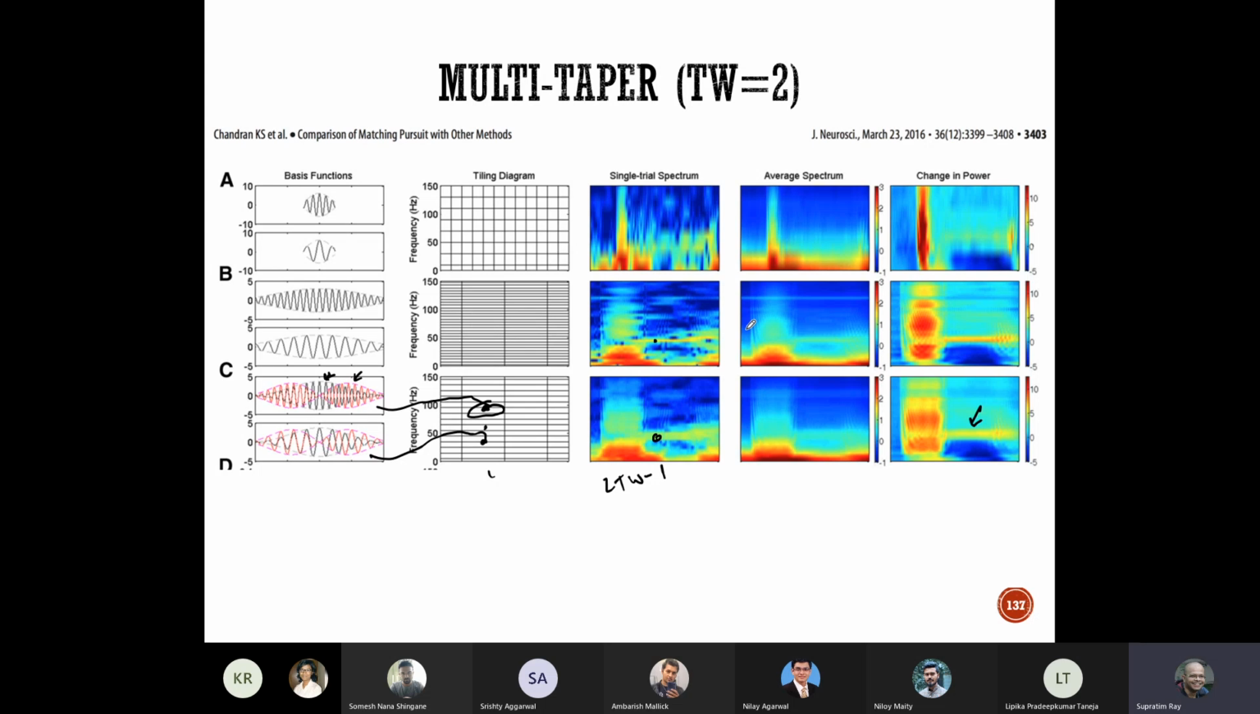Okay, so this is the filter bank interpretation of the multi-taper method. I hope this makes sense. Are there any questions? If there are any questions, please go ahead and ask. Okay, so I'll take this as a yes,